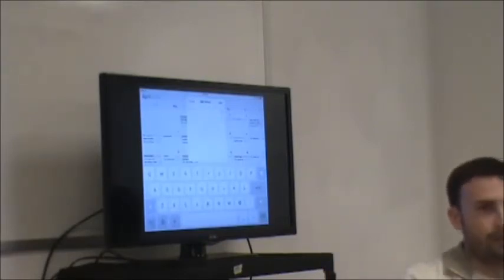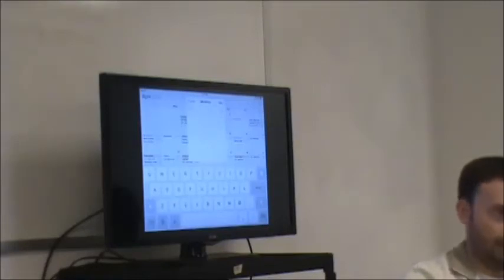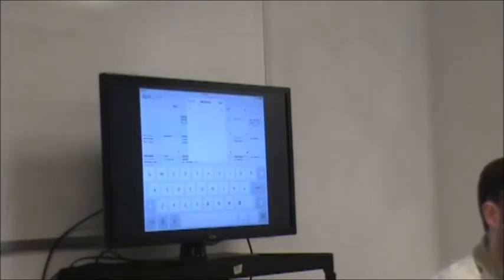Now, you can only share with other iPhones and iPads, using their Apple ID. So if you don't know, you can just ask them. If I wanted to share this calendar with you, Donna, I would just ask what your Apple ID email address is, and then I would type that in here,